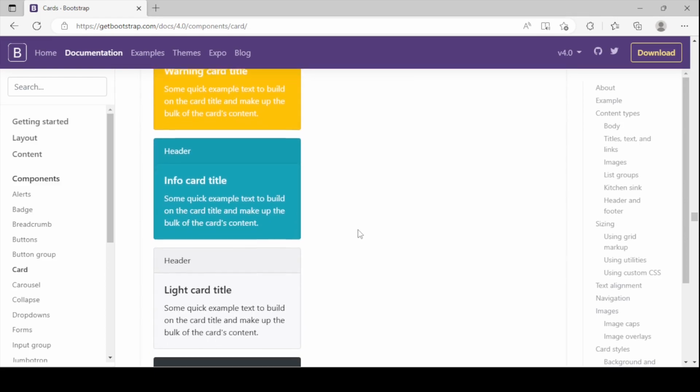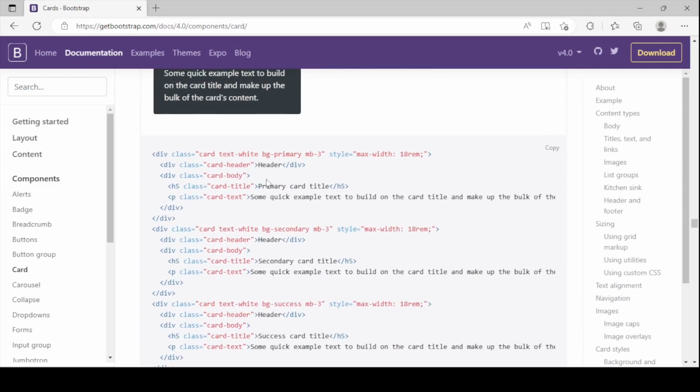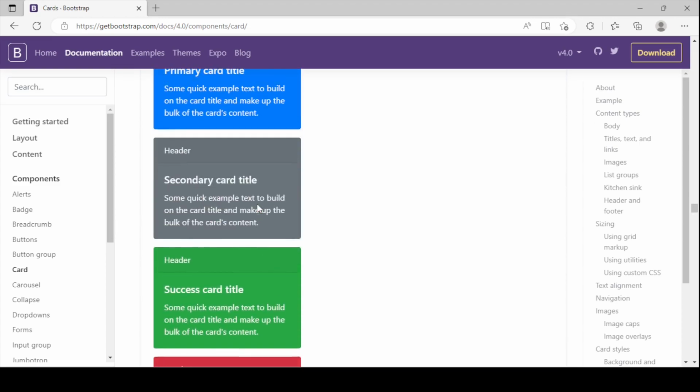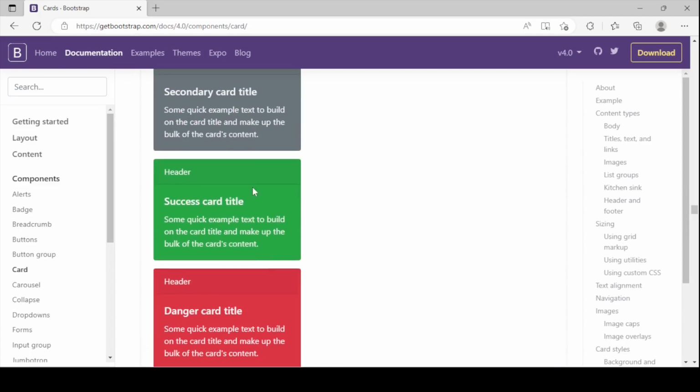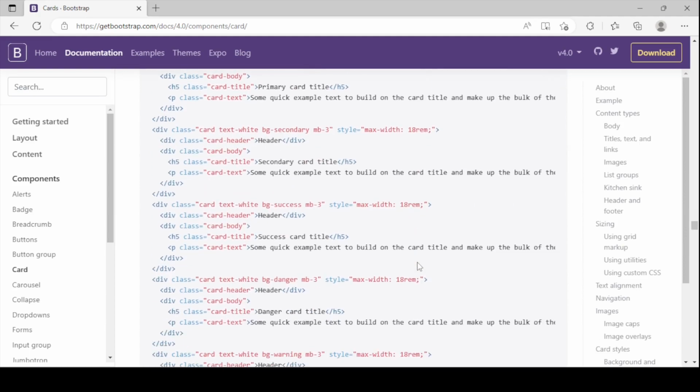And then if you want to see now, go down to this one: card header, BG primary color. It is the first one. The second one is the secondary color, this one, and this will be a submit and all, like there are multiple ways. So header,